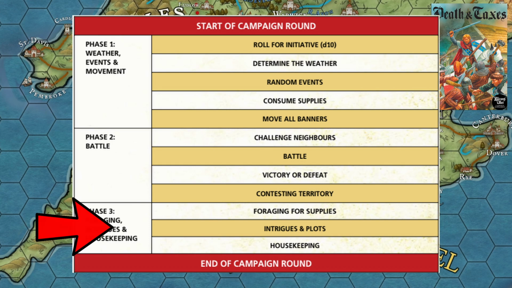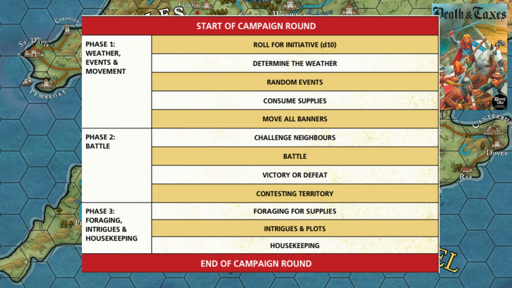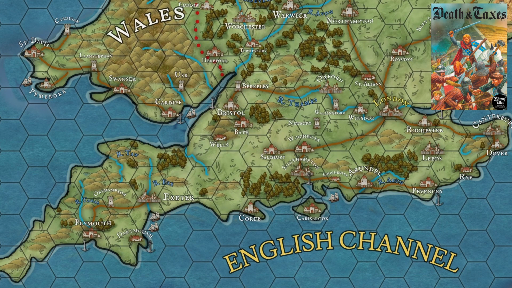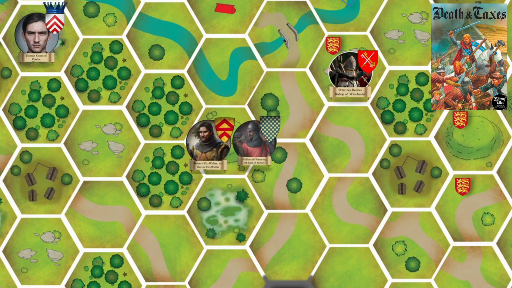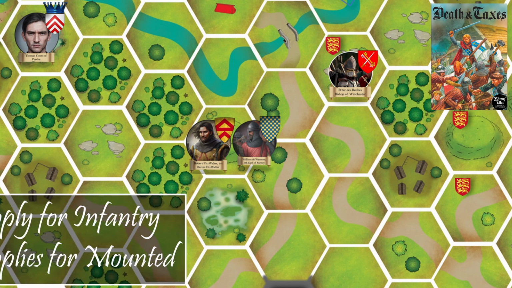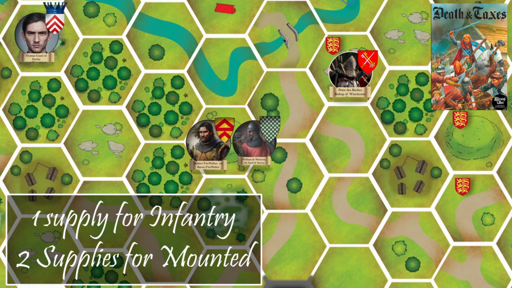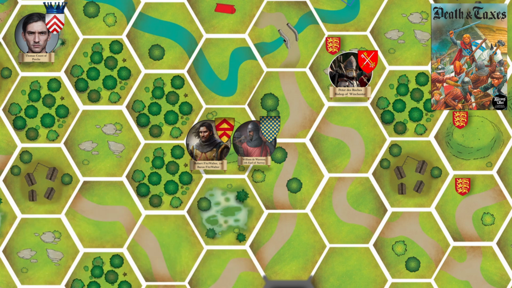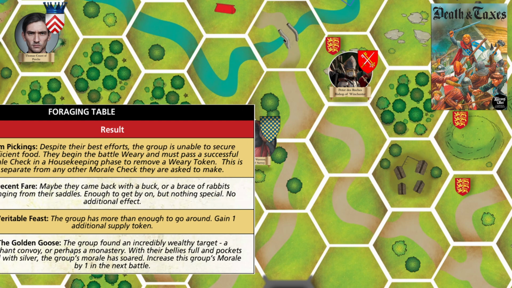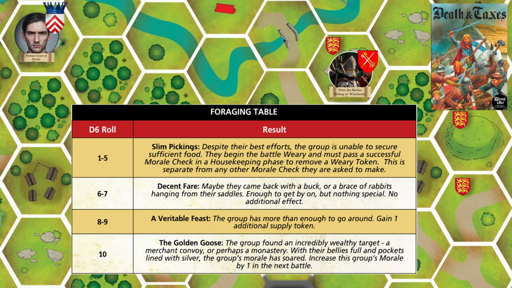Something I have to mention that plays an important role in the strategy of the campaign is that before you fight a battle, you have to allocate supplies to your units. So if you have 10 units, you have to allocate one supply for every infantry and two supplies for every cavalry. If you don't have enough supplies for all your units, you have to go to the foraging table. The foraging table is basically a table that you roll on to see if these units that you don't have enough supplies for have found any